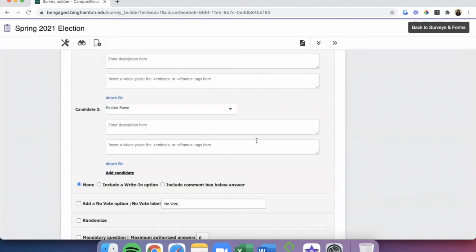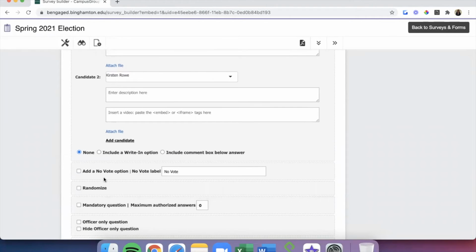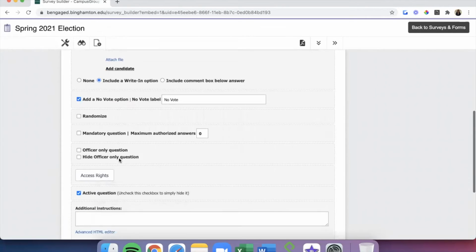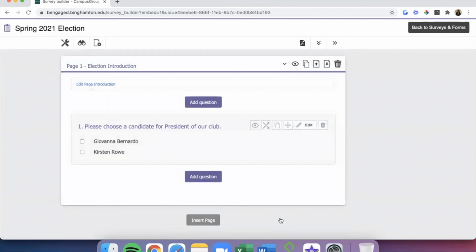After we've added all the candidates, we'll choose any additional options needed for the election, such as whether it's a mandatory question or not, if there are any write-in options, if there are any no vote options, and so forth. Finally, we'll click the purple Save Changes button at the bottom, and we're set for the election for president.